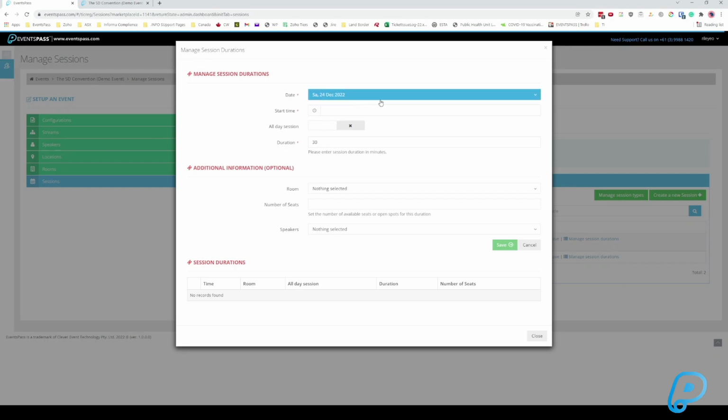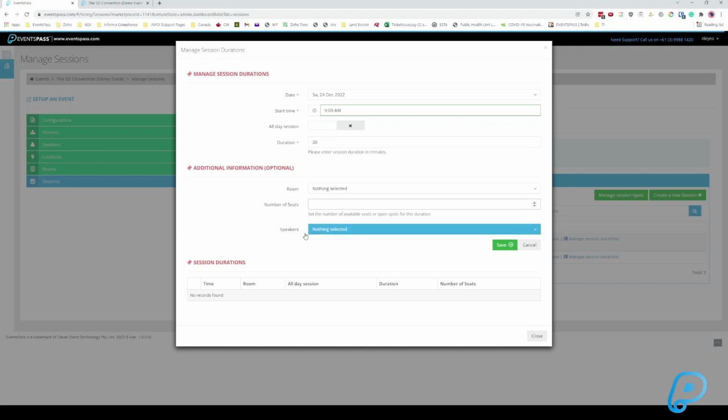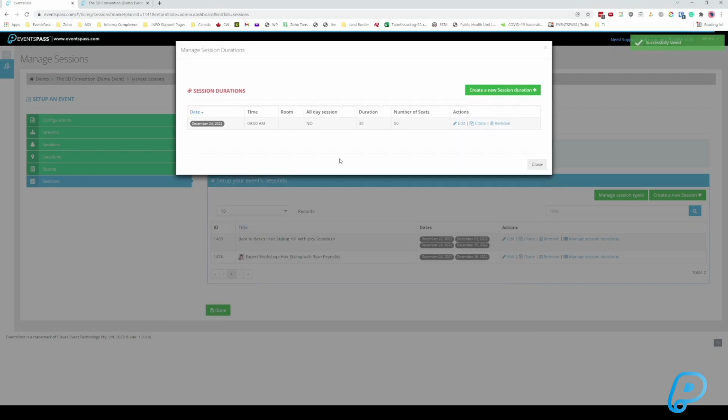So we'll do Saturday first, and let's just say that there's a 9 a.m. It's 30 minutes. Yes, that's what we want. We don't need to worry about the room, but if there is a limited capacity, this is where we could update. So let's just say this has got 50 seats. We don't need to worry about the speakers at this point, and then we click save, and we can see